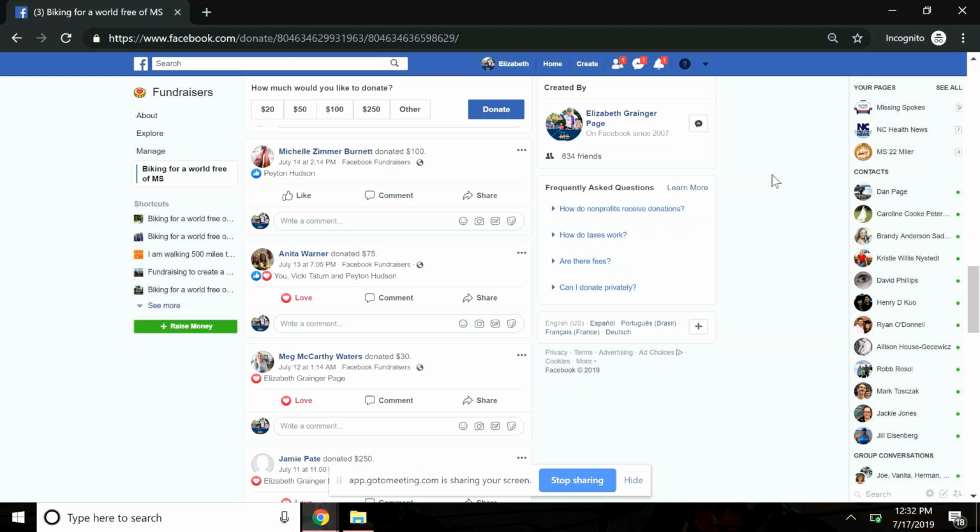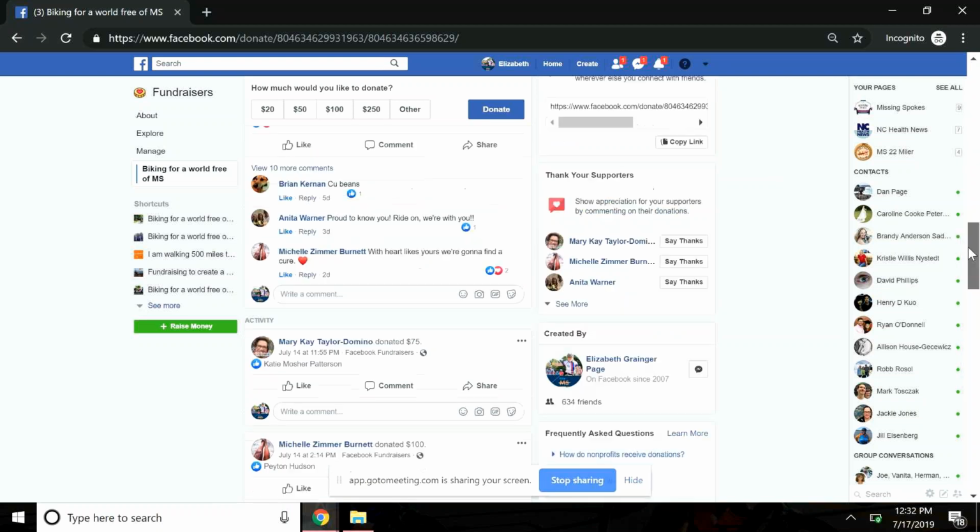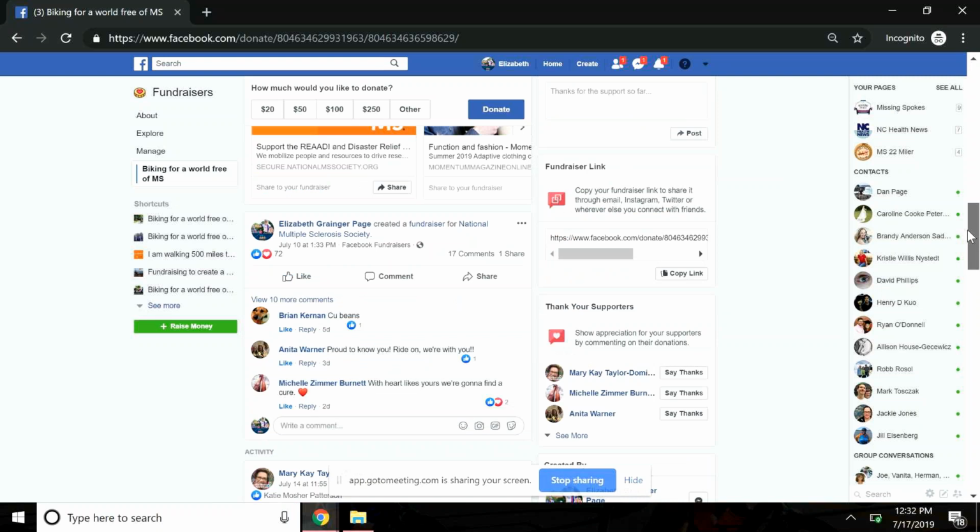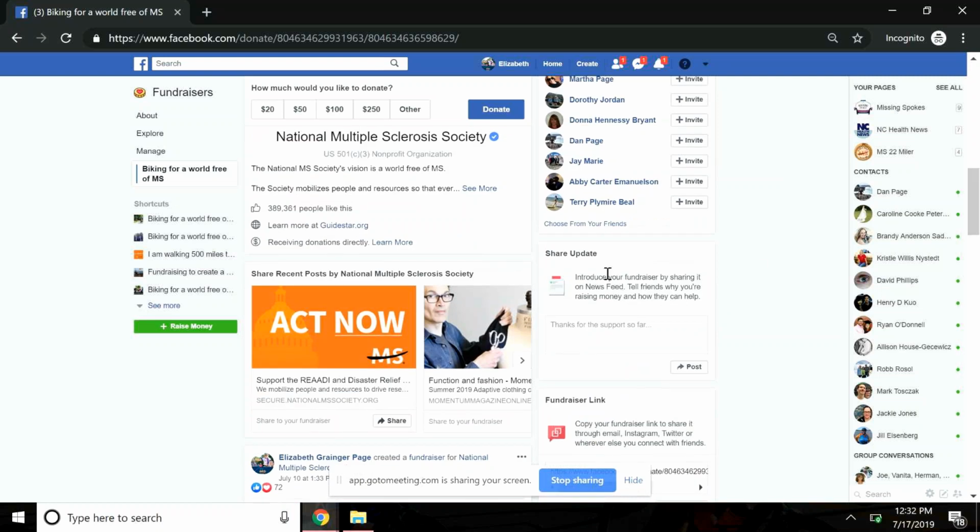Like any post on Facebook, there's sort of a natural life for it. It'll circulate. People will be commenting on it. They'll be sharing it with others. And then those interactions will die off a little bit. When you see that happen, that's your signal to update your fundraiser. And I think there is a window here. Yeah, share update. So you can reintroduce your fundraiser to your news feed by going here and posting a new comment, changing your profile picture, and all of that, you'll see new donations start coming in.